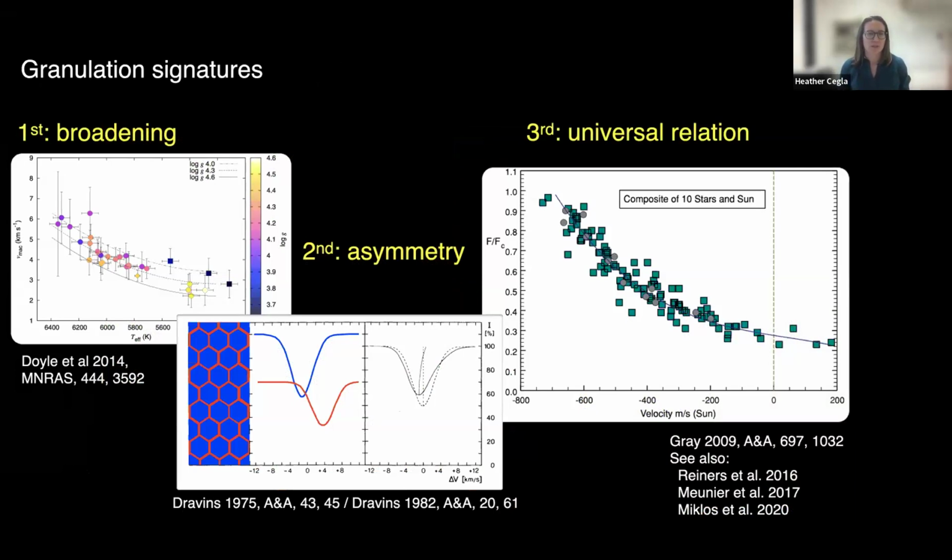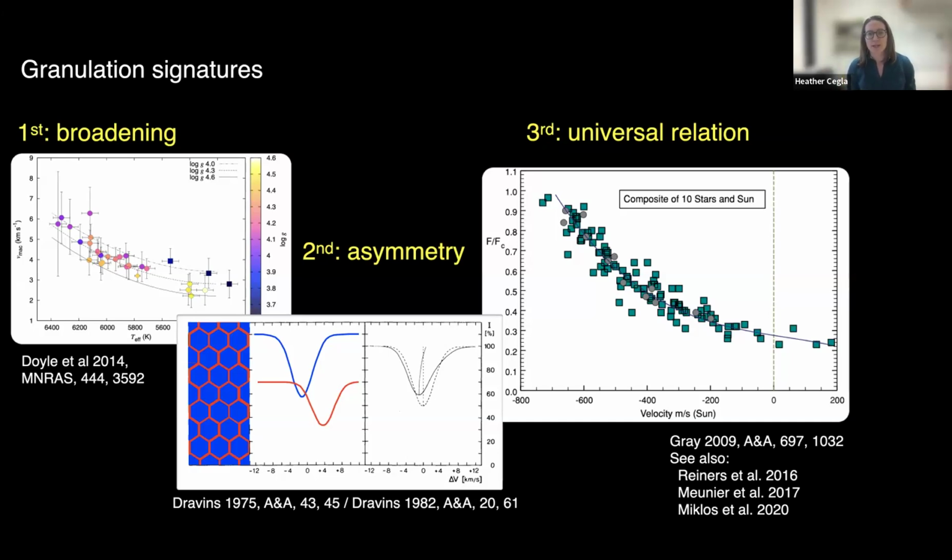This has been referred to as macroturbulence in the past, but we can use actual 3D magnetohydrodynamics to understand it as more than just a fudge factor here. It's not just a turbulence, but that's a first order, there's a broadening effect. And then you get this asymmetry as well because of the imbalance between the bright upwelling blue shifted granules and the dark